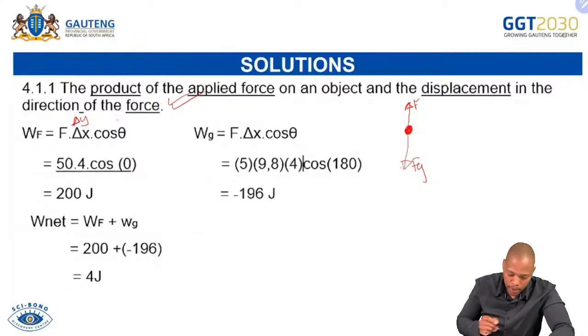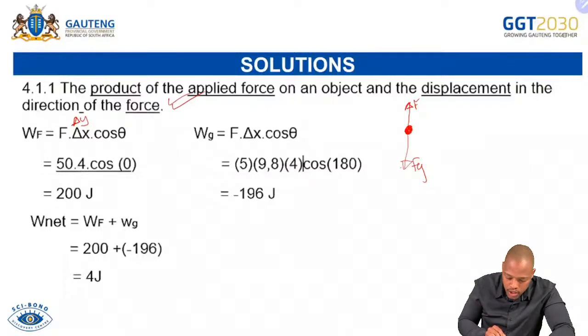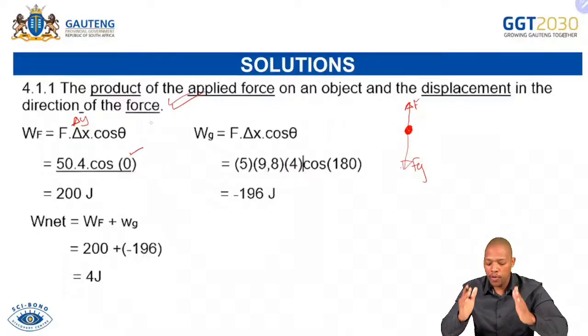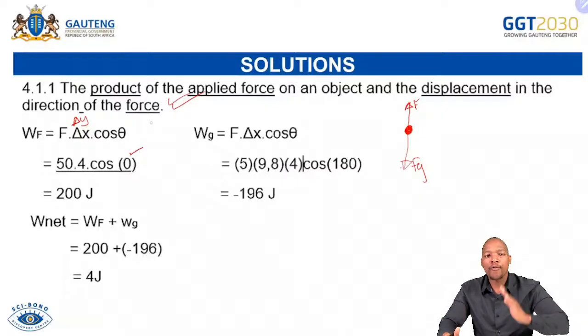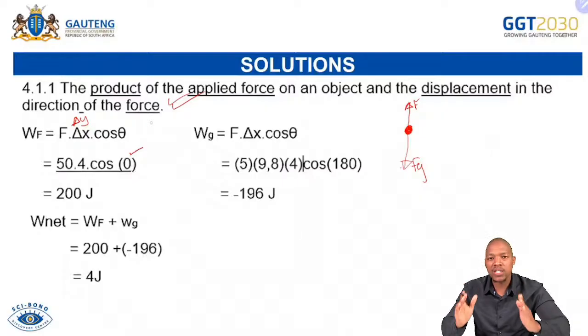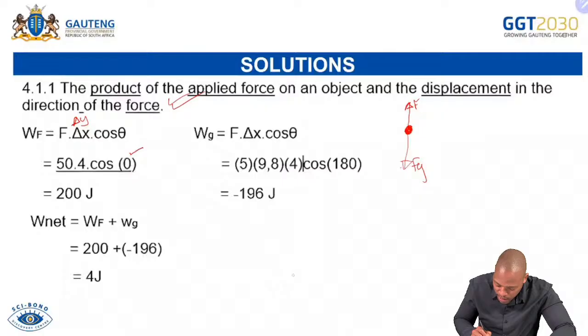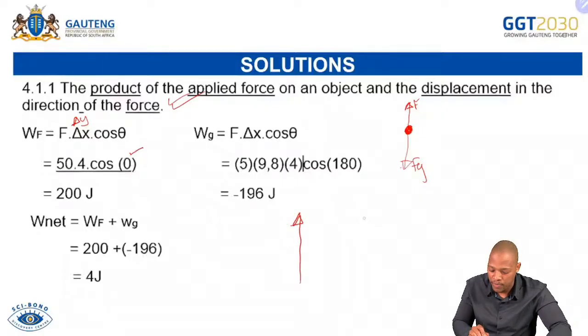Now let's talk about this. F is 50 times 4, where 4 was the displacement, cos of, let's look at the angle here, they said 0. I hope people did not say cos of 90, because if you are saying cos of 90, that means you're still making a mistake. You're still not sure what theta means. Theta does not mean a force that faces up will be 90 degrees. Again, it is the angle between the displacement and the force in question. How is the bucket being displaced? It is being displaced up. The bucket is no longer moving horizontally. It's not being displaced in